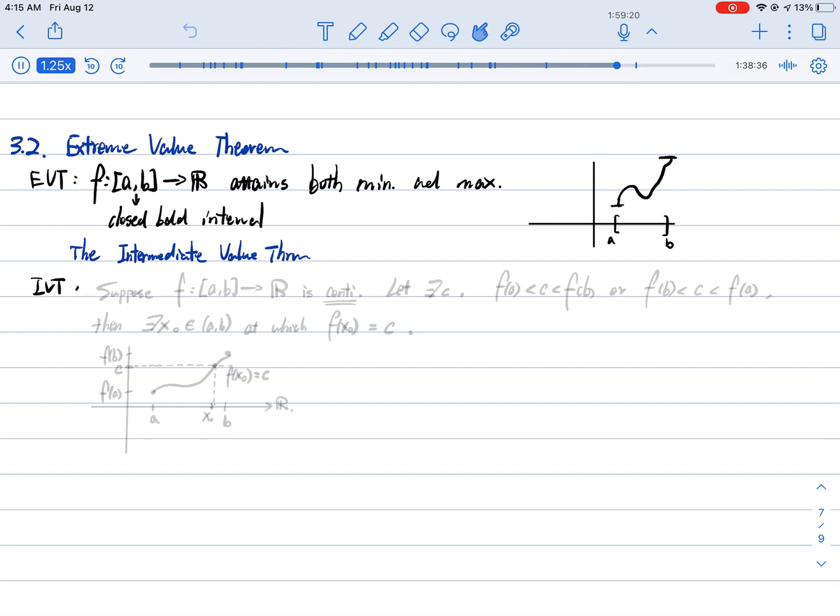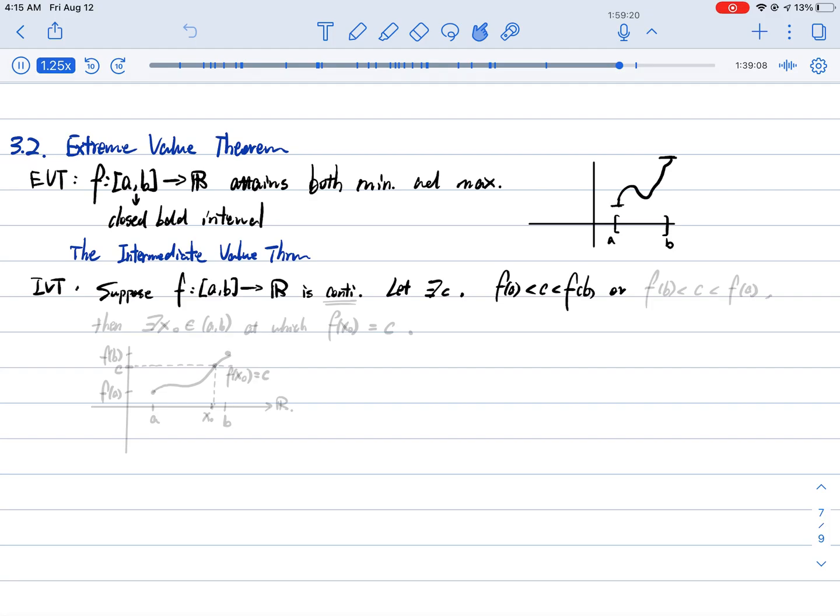Suppose that there's a function f. Again, it takes the closed bounded interval a to b and outputs into the real numbers. It's going to be continuous. And if we let there be some c such that it's strictly between f of a and f of b,